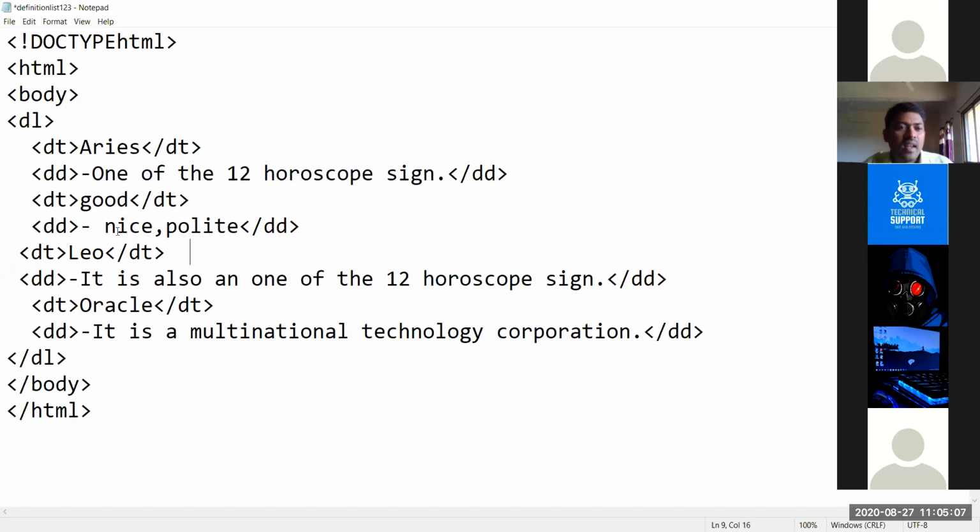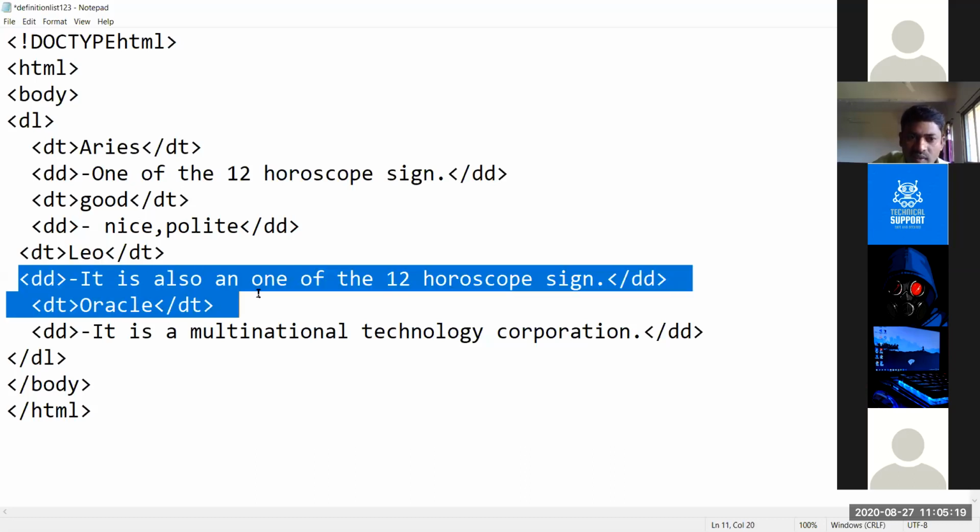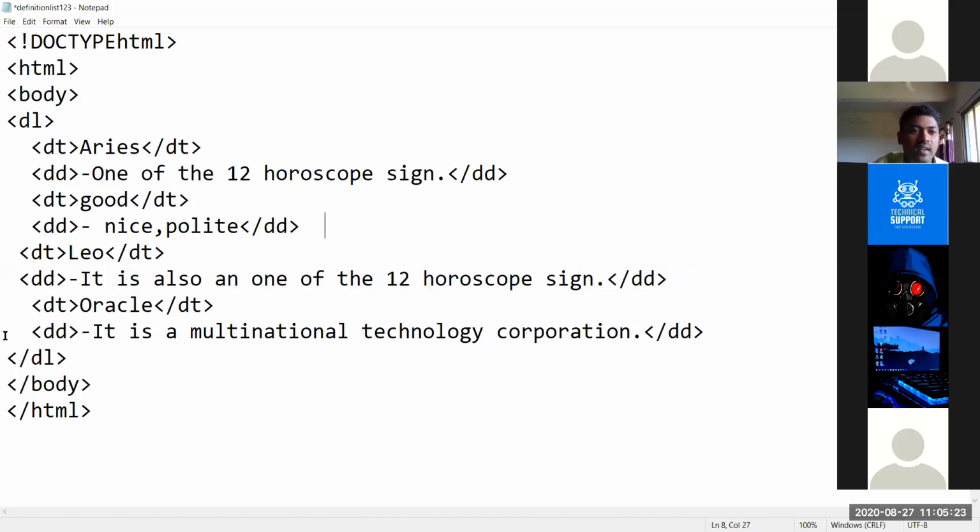Then Leo. DT means term. Leo is the term, and the meaning of the term we have to specify here. It is also one of the twelve horoscope signs. Closed. Then Oracle. Oracle is a software company.